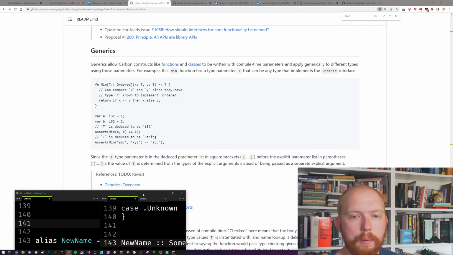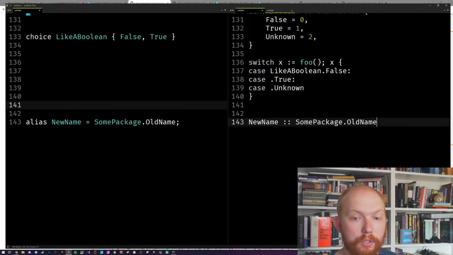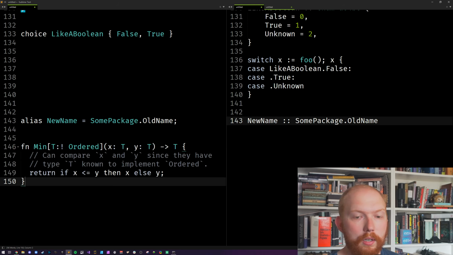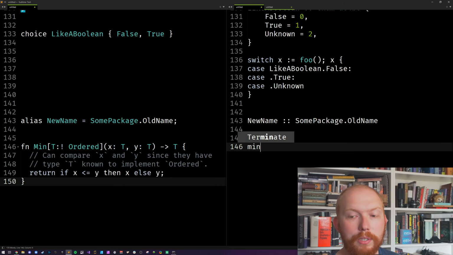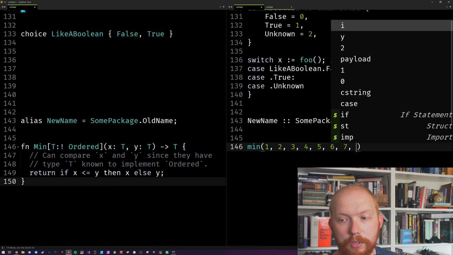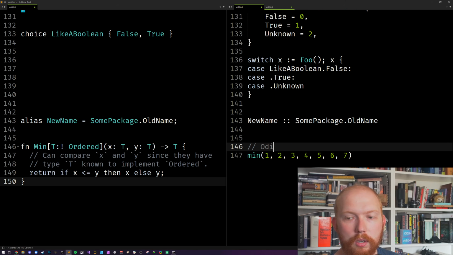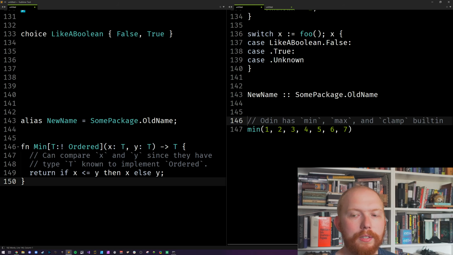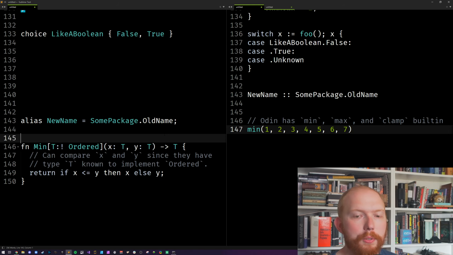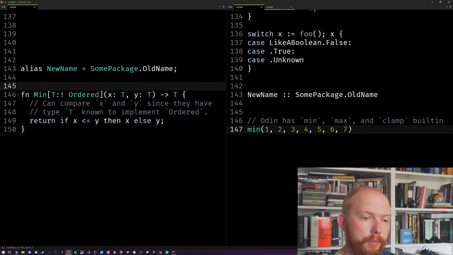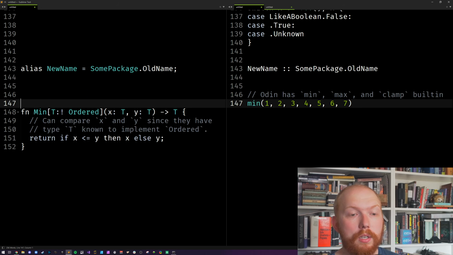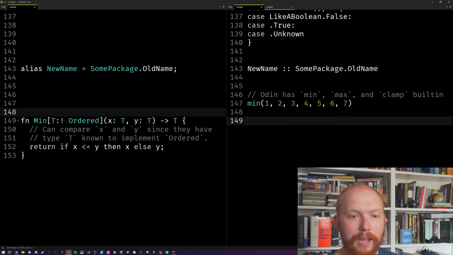So I'm going to write this out. I'm going to show you the differences that you could do in Odin. So firstly, this is their built-in min. Odin has a built-in min, by the way, and you can have as many parameters as you want. Odin has min, max, and clamp built into the language itself. So this would work correctly as you expect with as many parameters as you want, not just 2. And it's built in because then it works with the constant system and many other nice language features as well. But let's implement the one they have here, shall we?